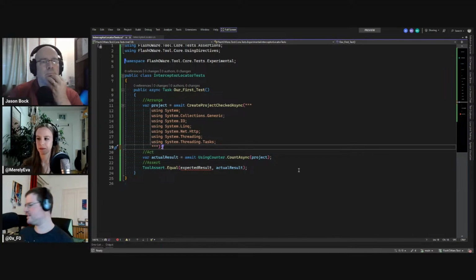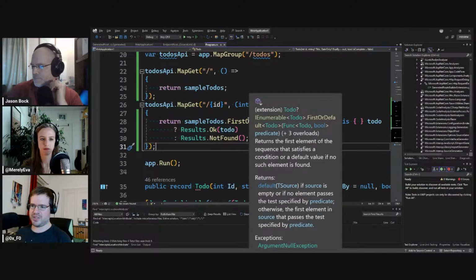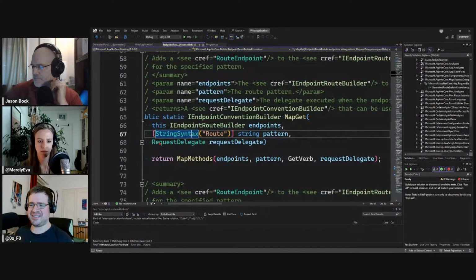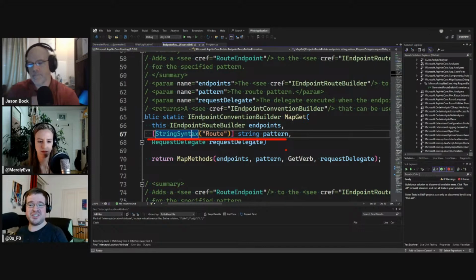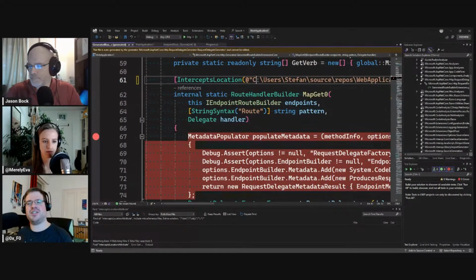So we have basically a similar setup. We could have three documents. One contains the call site. One contains the original method that would be called without the interceptor, and then the actual interceptor.